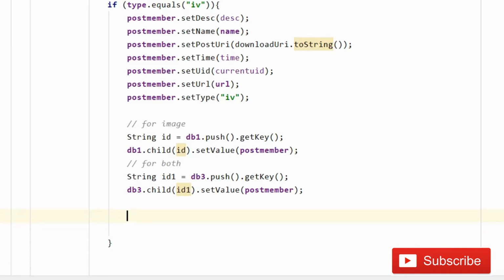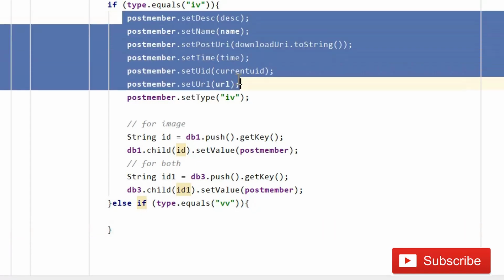Now we can handle that if it is not image, then what we will do, else, and then again if type dot equals VV. Now it is for video view. So if it is video view, we will do the same thing and everything will be the same.